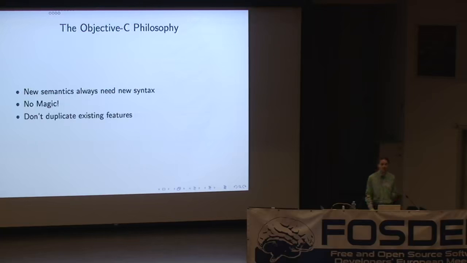The next thing is, Objective-C has no magic. If you look at a language like Perl or Smalltalk or anything, dynamic scripting language type things, they do a lot of stuff in the virtual machine, or even Java. They do things that really aren't exposed to the programmer. In Objective-C, everything that's done in the background for you by the compiler, you can do in your own code. And the other part of the philosophy is there should only be one way of doing stuff. You don't have to decide, do I want to use this language feature or this language feature, or are they equivalent? So it's a very simple language.